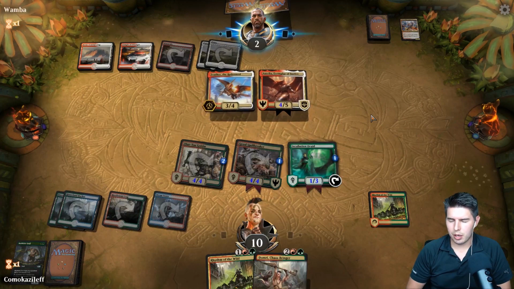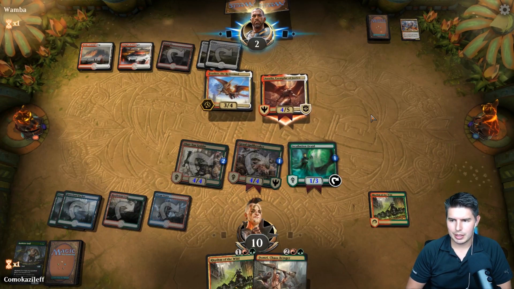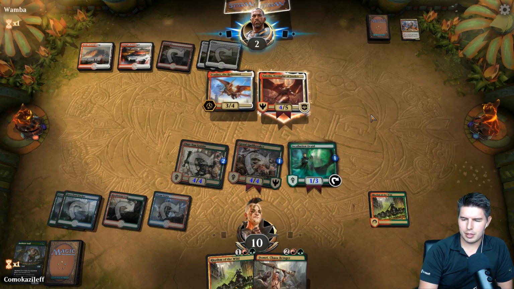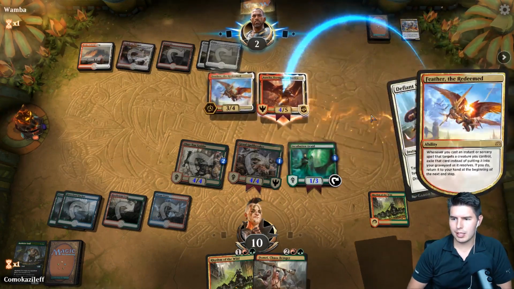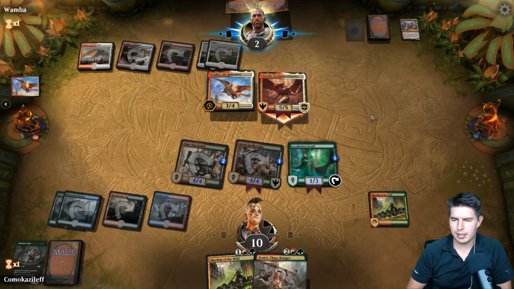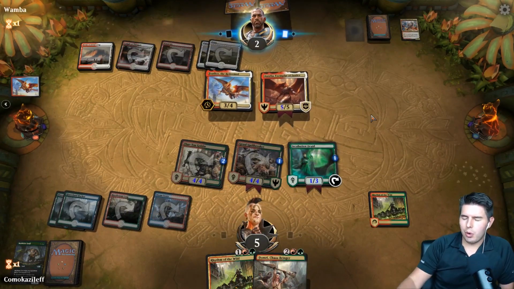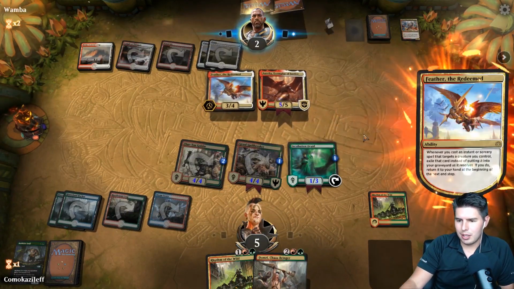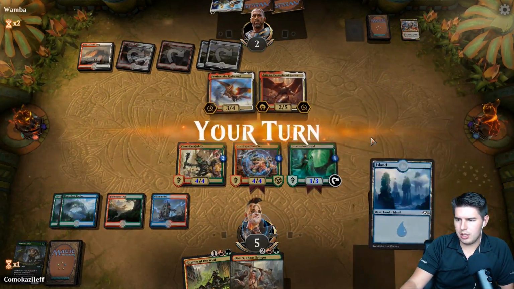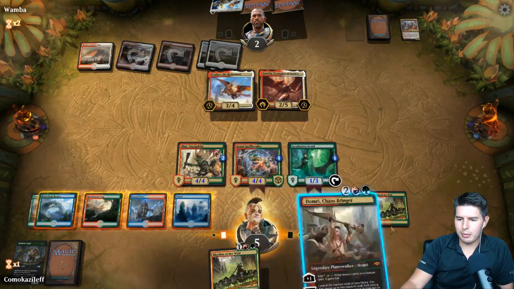Swings in for 4. We're getting pretty low as well ourselves, so we have to stay aggressive. Defiant Strike, okay. The 5 gets it back. It's a scry. 1 turn clock, so we have to go all in. We know that we're dead next turn. We find an island. Play island, play...